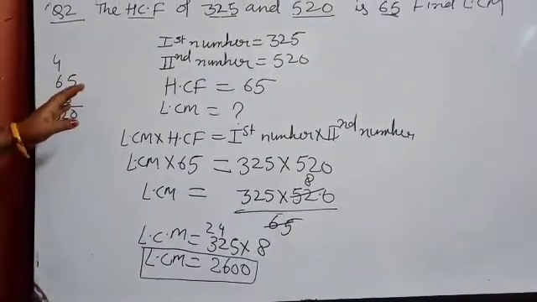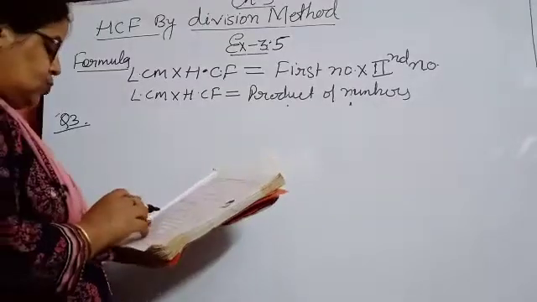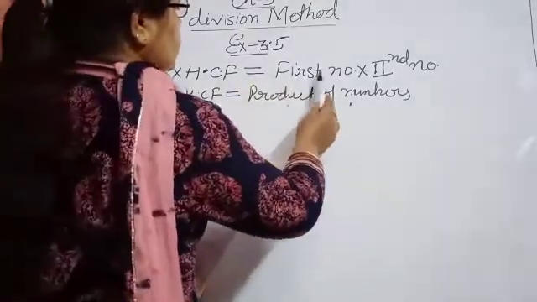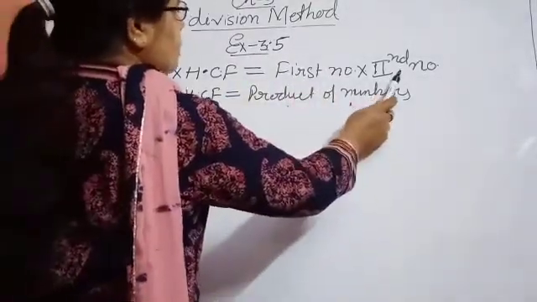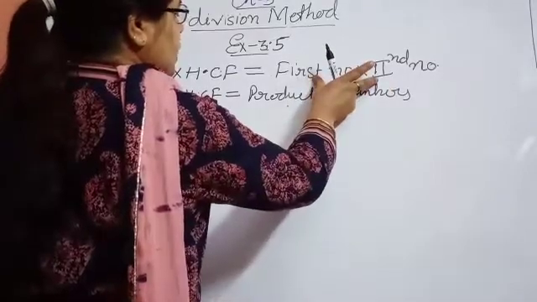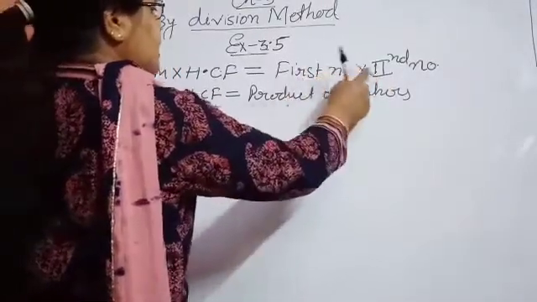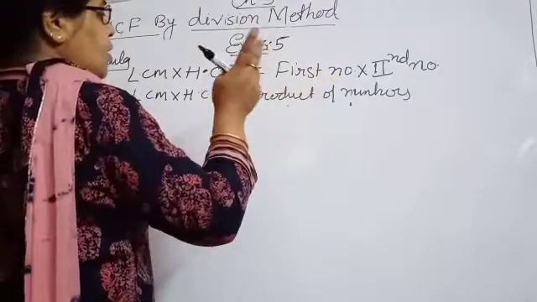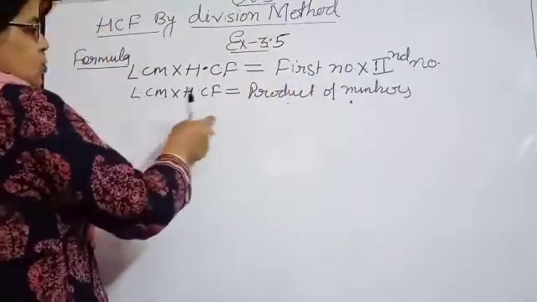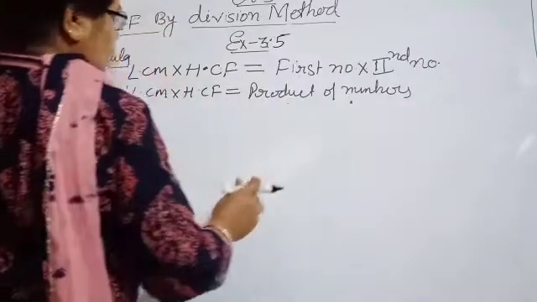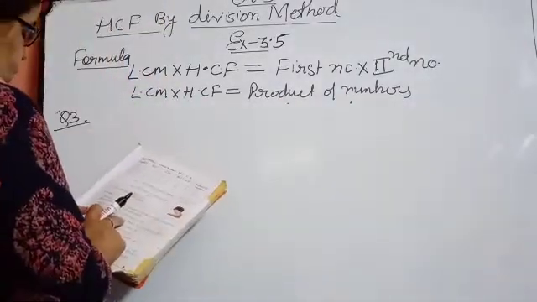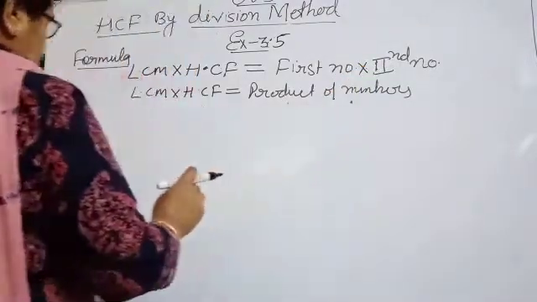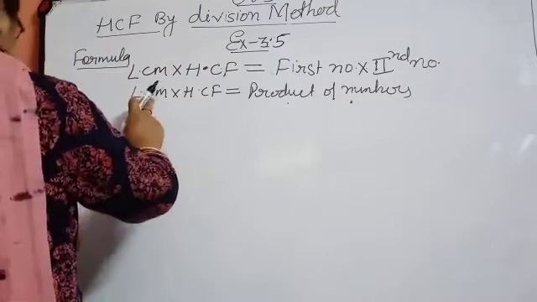Do it in this way. I am giving homework now. Proceed to the next, question number 3, beta. The product of two numbers is 800. This time it is not given in first number and second number form. Sometimes it is given in first number and second number form, sometimes it is not. When it is not given, at that time their product is given. So this formula can be written in two forms. In this question you are given the product of the numbers, 800, so in place of first number and second number you can directly write 800. And their LCM is given as 80.